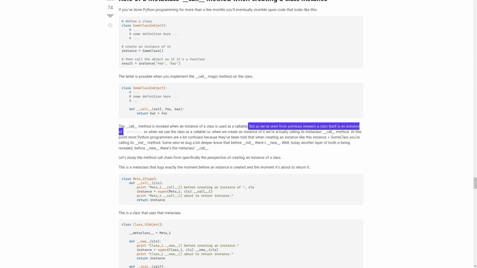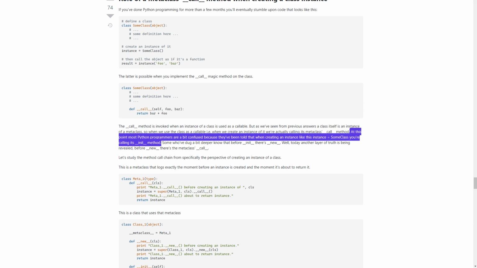But as we've seen from previous answers, a class itself is an instance of a metaclass. So when we use the class as a callable, i.e., when we create an instance of it, we're actually calling its metaclass's __call__ method. At this point, most Python programmers are a bit confused because they've been told that when creating an instance like this, instance equals some class, you're calling its